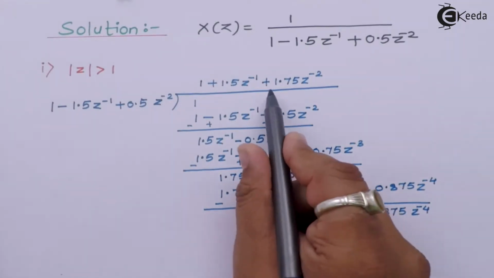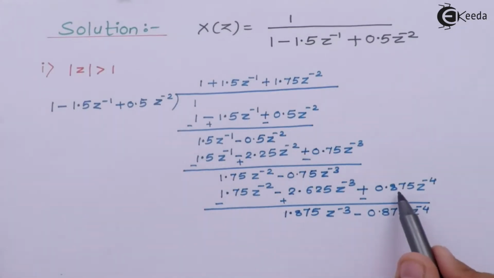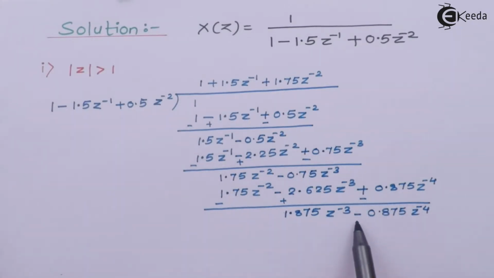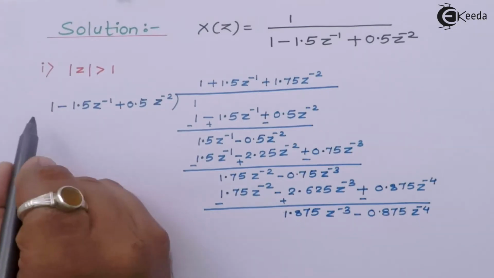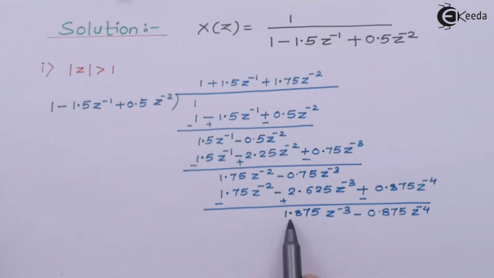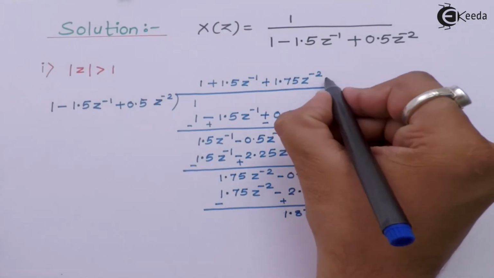And next, 1.75 into 0.5, I have got this result, and the sign will be changed. That's why I have written minus 0.875 z to the power minus 4. Now if I want to divide it once again, we'll multiply this one with 1.875 z to the power minus 3, so that we get the same result, and these two terms will again get cancelled. So I'll write here